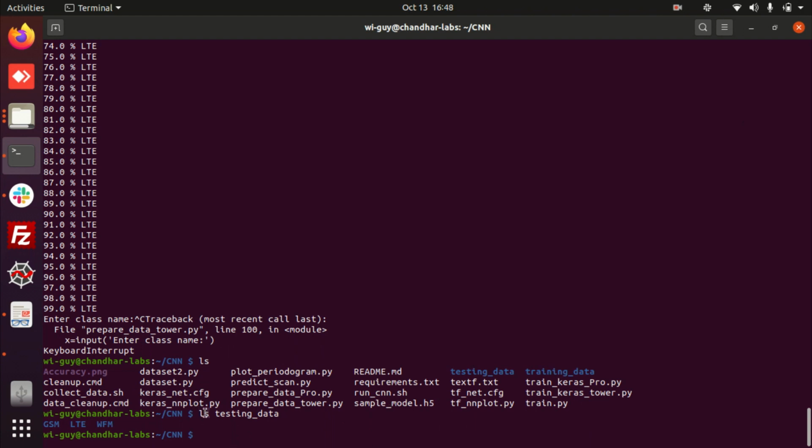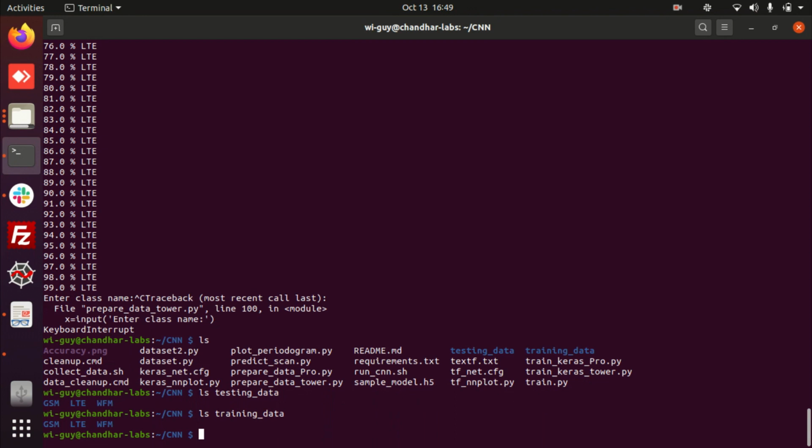If I do ls testing_data, I have generated the three different signals, GSM, LTE and WFM. Same thing, I can cross-check in training_data. The data is available in both testing and training.